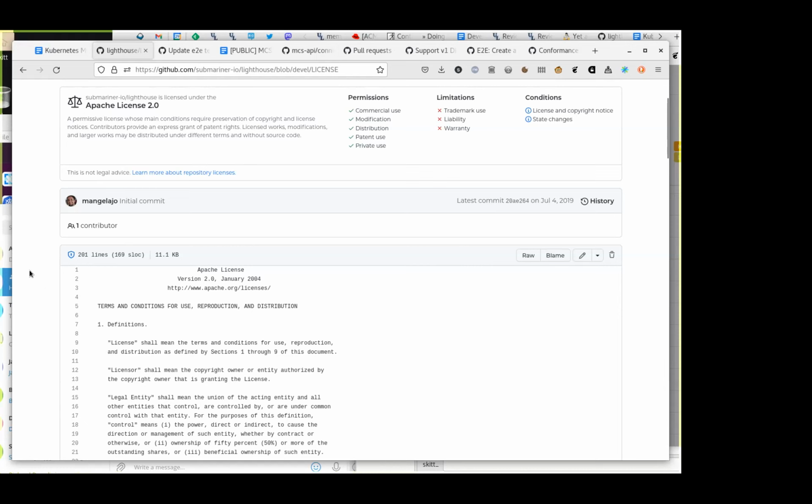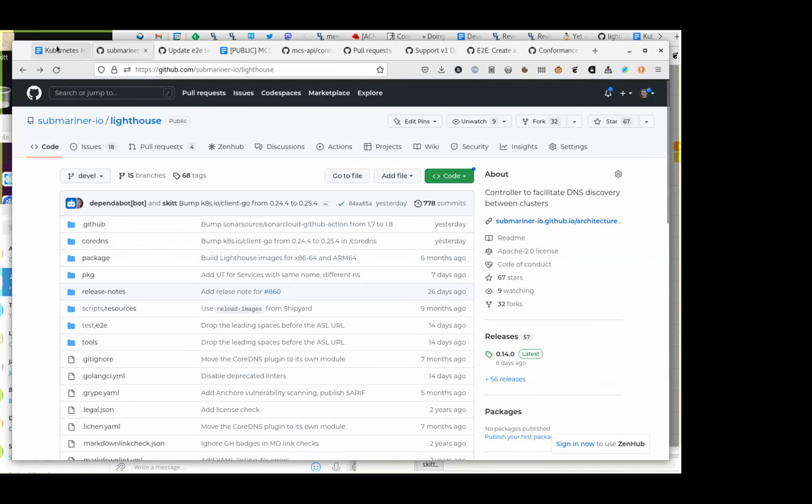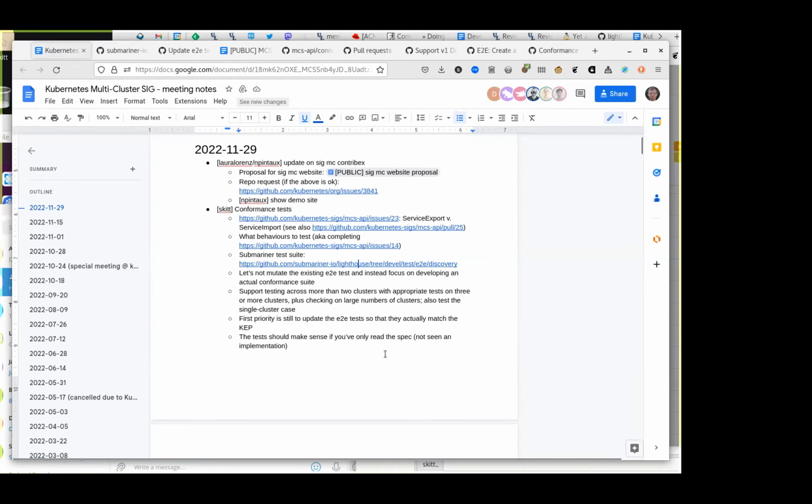Okay. I'm pro bringing them over. I think the thing to keep an eye on is making sure that the tests in this repo stay true to the spec. I'm not worried about them testing the spec incorrectly. I'm worried about tests that seem useful that aren't covered by the spec creeping in. One practice I've seen for conformance tests is that every single test has to have a pointer to the section of the spec that it's testing. Bingo. Yeah.